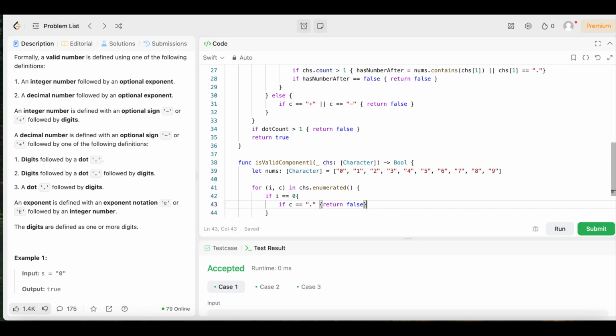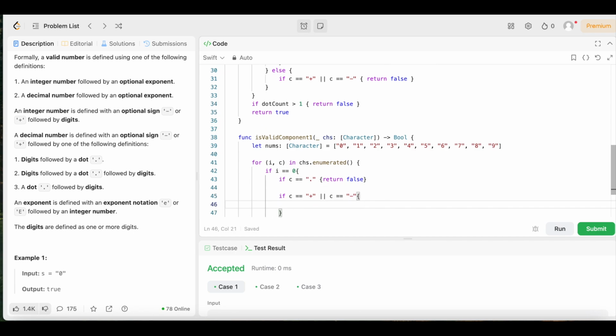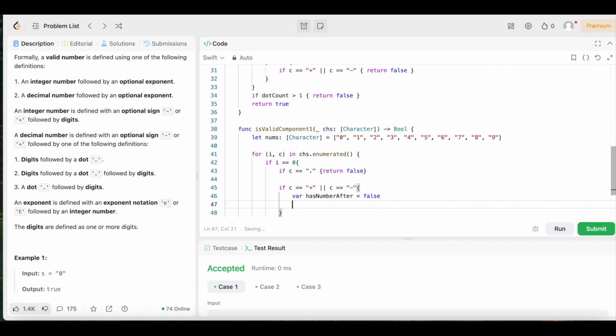So we're going to say if C equals "+", or C equals "-", we're going to open up the brackets. Boom. Then we're going to declare a variable called hasNumberAfter. We're going to set that equal to false, and we're going to say if